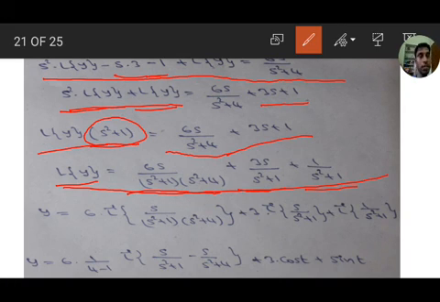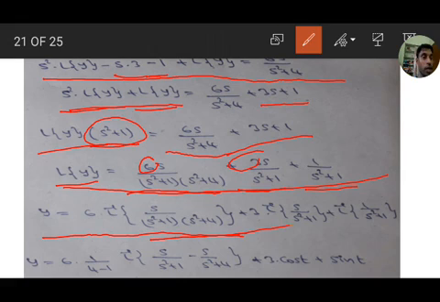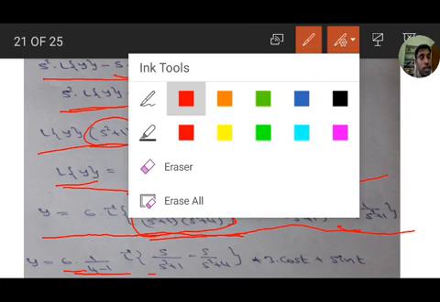So applying the inverse, from L of y we get y equal to L inverse. So y equal to 6 into L inverse of s by (s square plus 1) into (s square plus 4), where 6 is the coefficient outside. Here 3 is the coefficient: 3 into L inverse of s by s square plus 1, plus L inverse of 1 by s square plus 1. So here we are using the formula for s by (s square plus a square)(s square plus b square). This is 6 into 1 by (b square minus a square), that is 4 minus 1, times L inverse of s by s square plus 1 minus s by s square plus 4.